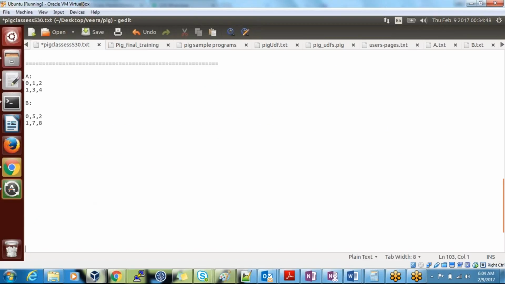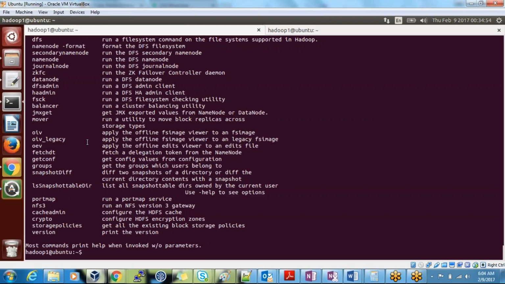Some of these operations I'm going to show you now. If you want, we can do them using Pig.